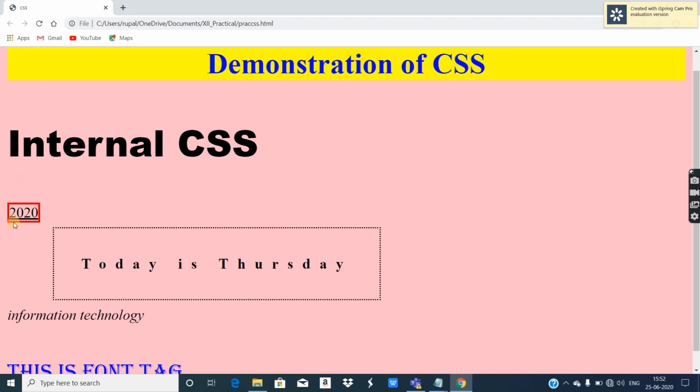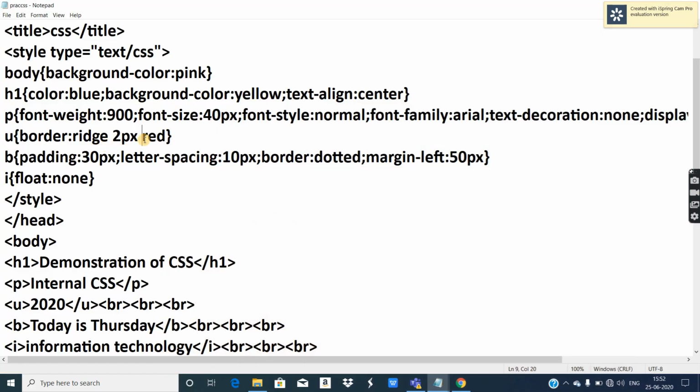A black lining I have got inside, that is ridge. Otherwise I'll remove the color for now, so that you can see color and thickness, and I'll increase the font size so that it's more prominently visible to you.